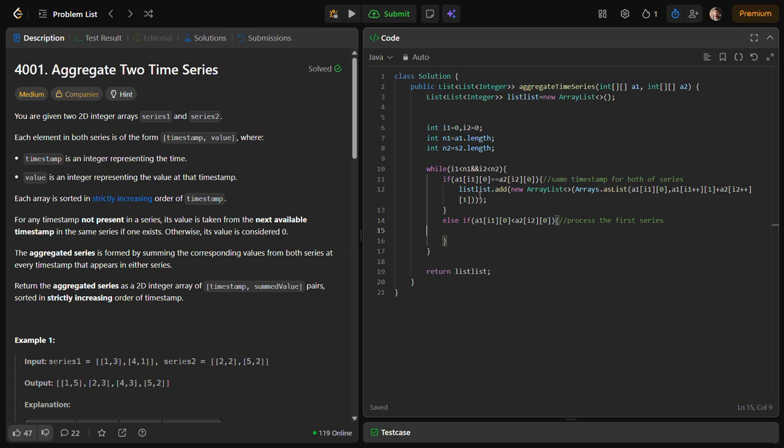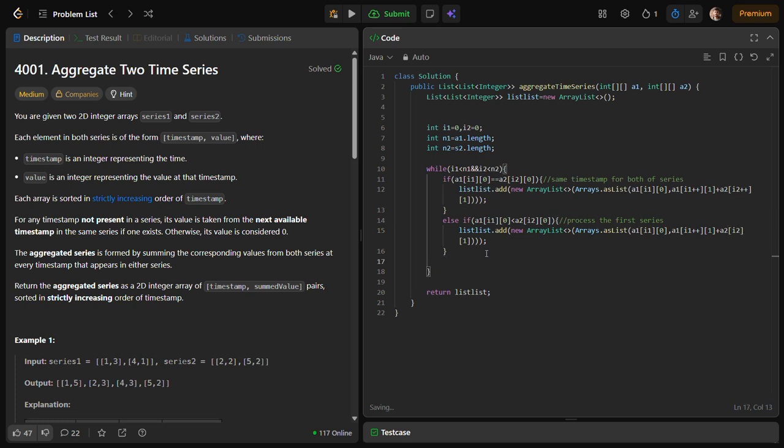Let's copy paste this thing. New array list. Here I am considering the timestamp of the first array. So this is the timestamp, and since I have processed only the first sub-array, there is no need of incrementing the pointer of the other sub-array. So just remove this thing.